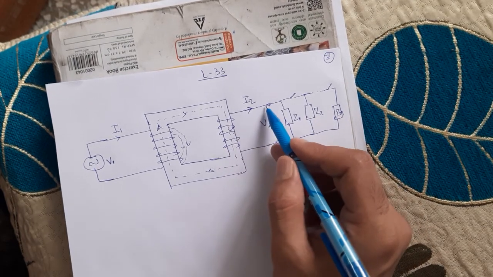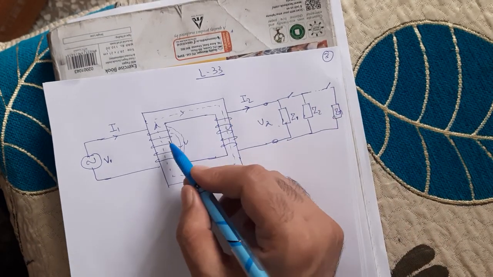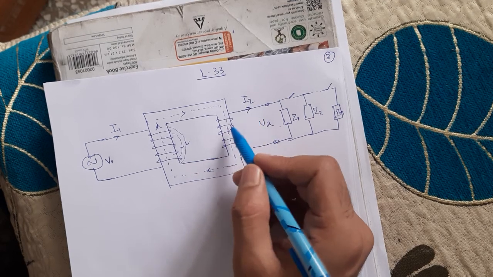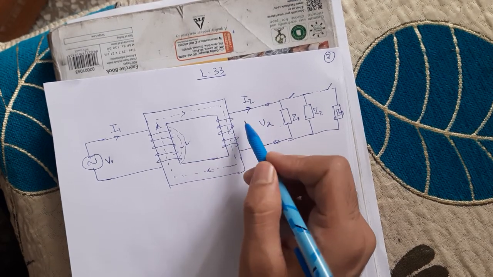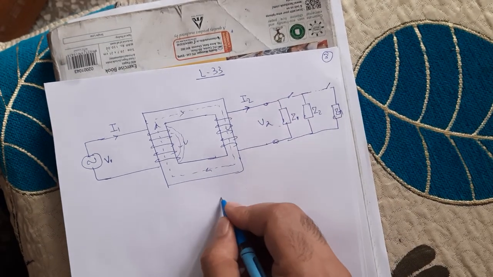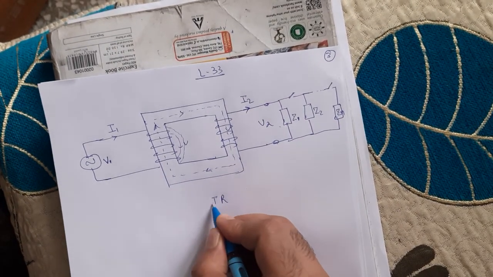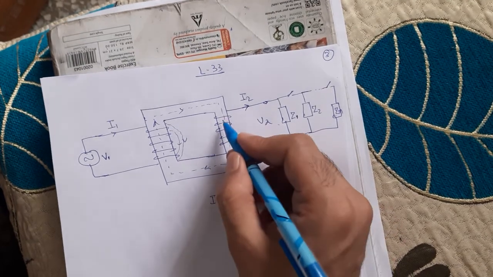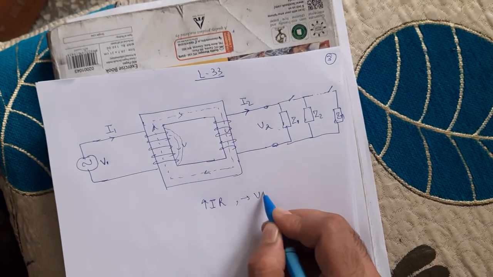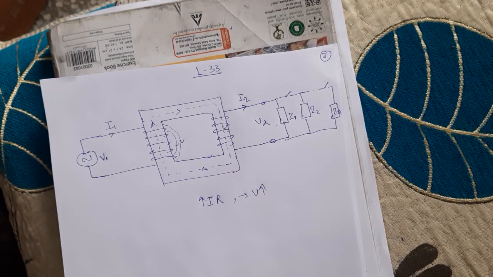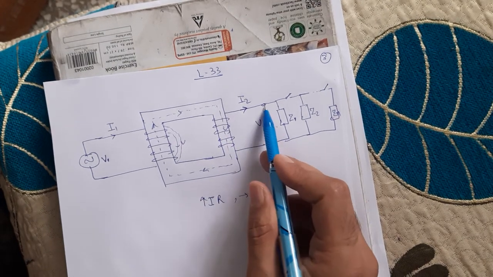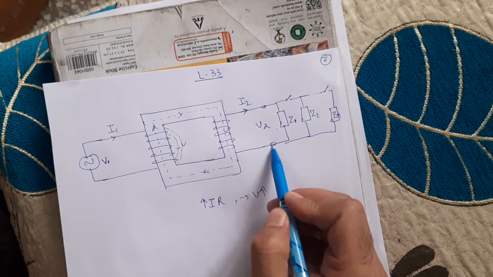Because of this increase in current, these windings have some resistances. So if the current is increasing, what will happen? The drop in these windings will be more, because the resistance of the winding is fixed and you are increasing the current I. The drop in the windings, IR, will increase, because I is increasing, so the drop in the windings will also increase. So as the drop in this winding is increasing, you will get a reduced voltage across the output.